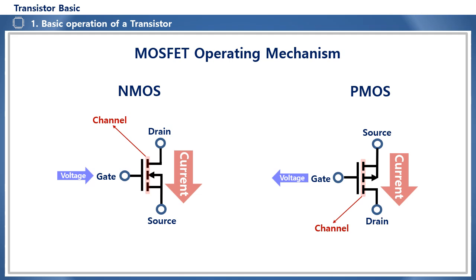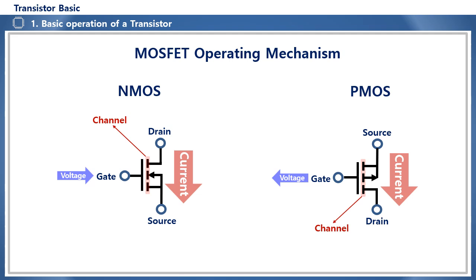Compared to bipolar transistors, MOSFETs have a complex symbol structure. It consists of three terminals: the gate, which is the control terminal, and the drain and source that form the channel. The channel through which a large current flows is the three vertical bars in the middle of the symbol. And the fact that they are spaced apart at regular intervals means that when the gate is left floating without an input voltage, the default is off. When voltage is applied to the gate, the three vertical bars are connected, allowing current to flow.